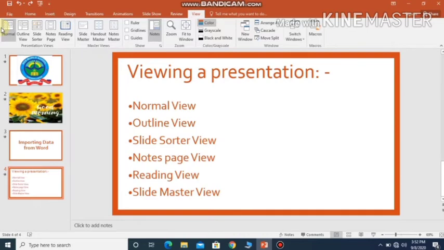So first one is normal view. So we are in the normal view itself. The screen what you're seeing, hope you can see my screen, right? So this itself is the normal view. Okay children, so you can use this view to edit your presentation slide by slide and to navigate within the